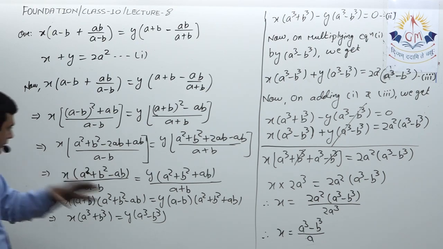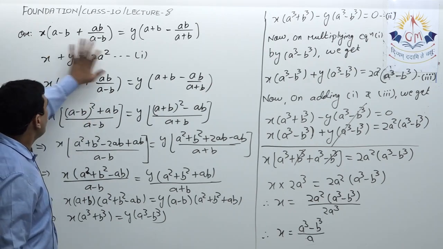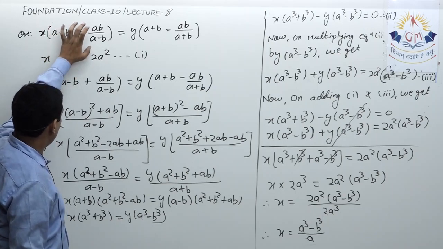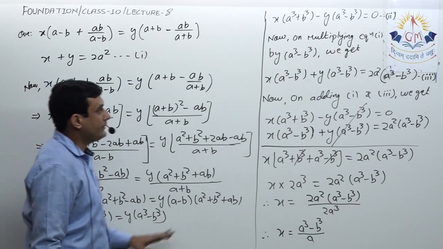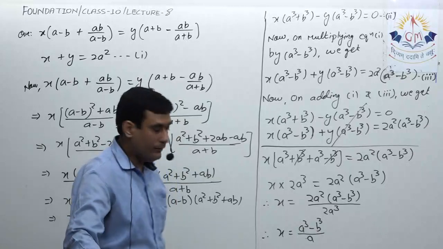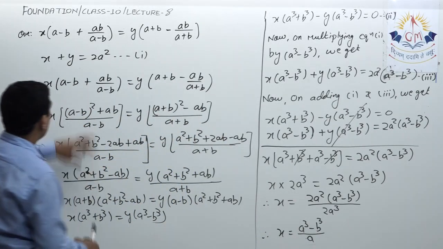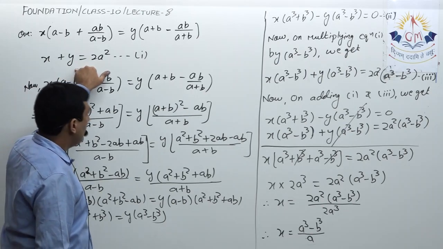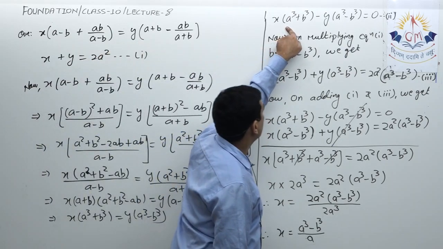Okay, so here we got the value of x. Now before I proceed, let me tell you a small thing, that it looks a little bit difficult, but the time consumed is only in the simplification of this. After simplification, it was very easy to eliminate any variable. Now we'll put this value of x, but obviously I will put it in equation number 1 because it is a little bit less confusing, or I could put the value of x in equation number 3.